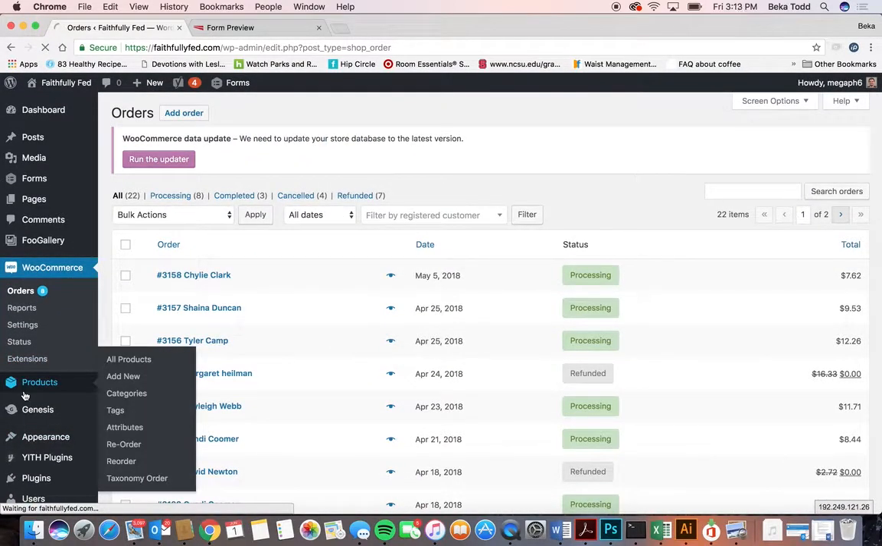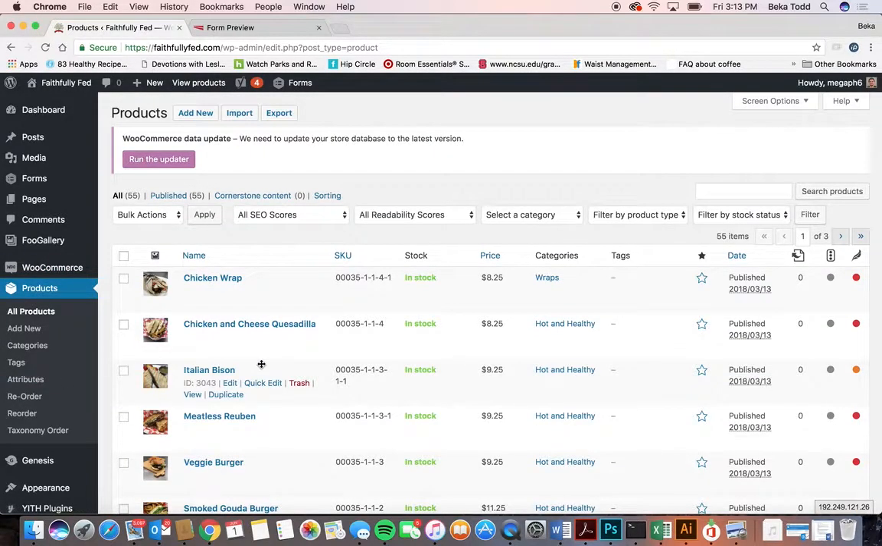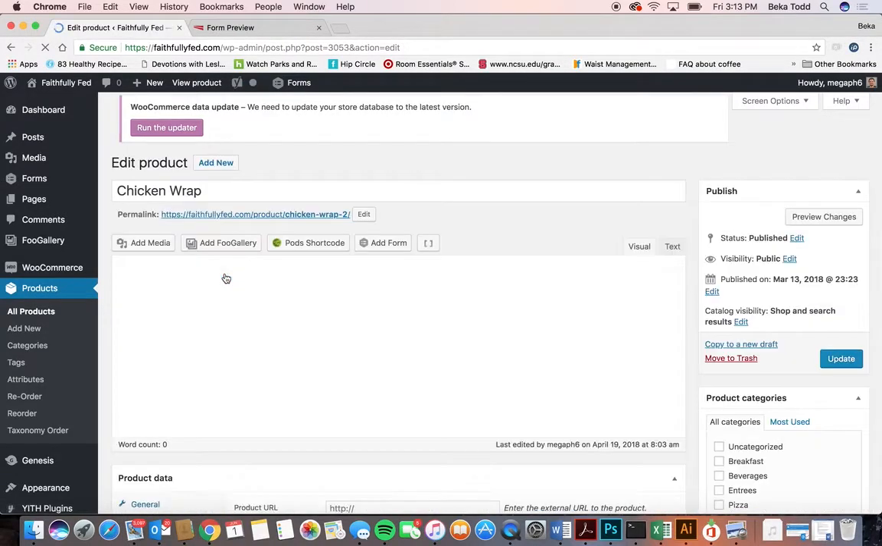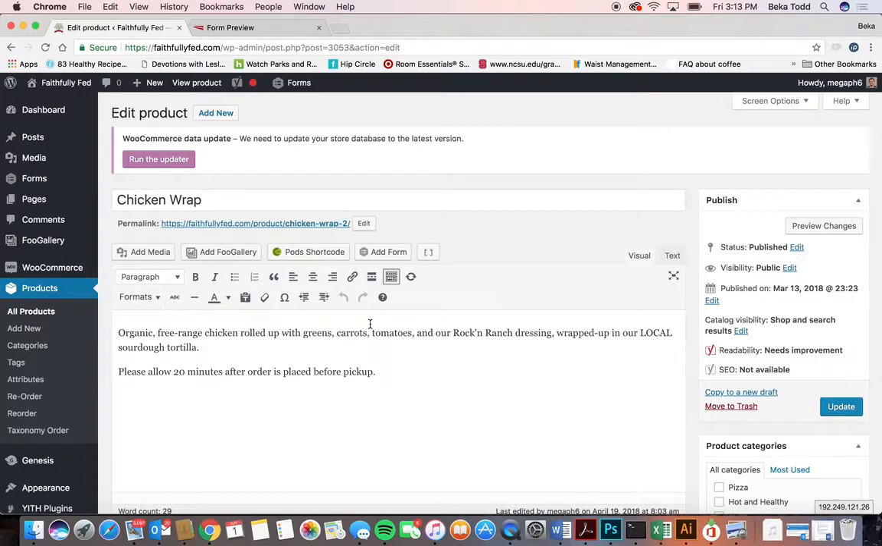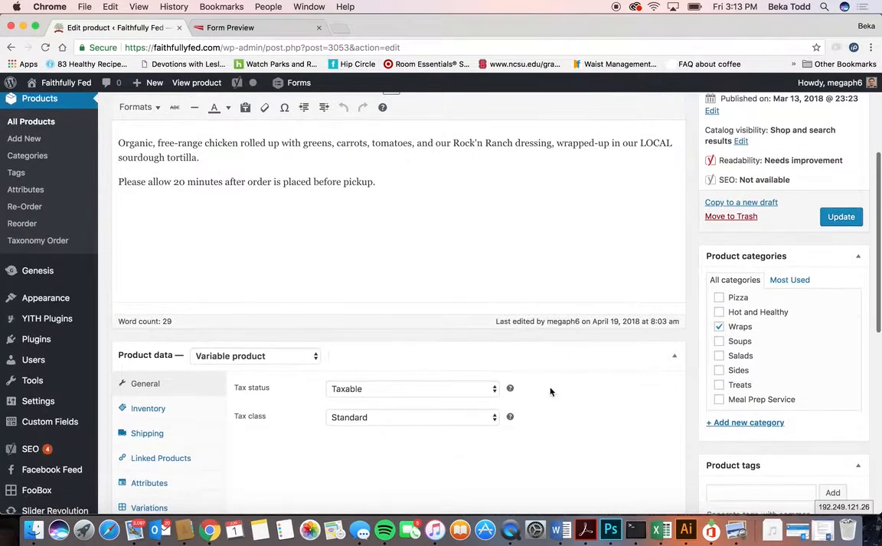Under products, that's where all your products are located. And you can see that we have the name of the item, whether it's in stock, the price, and the category all here. And so if I click on an item here, I'll show you just kind of how this works. We have the name of the item, information about the item, a description of the item,